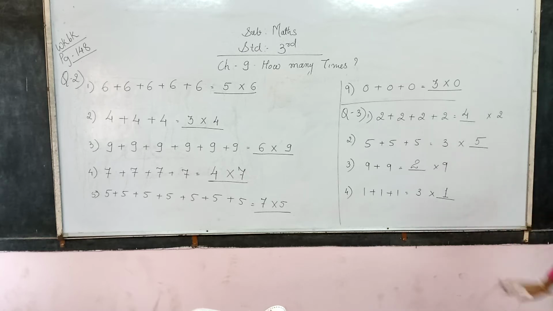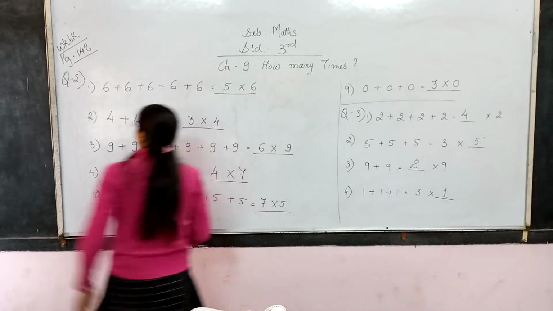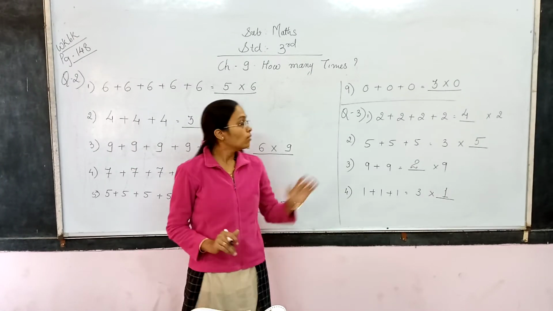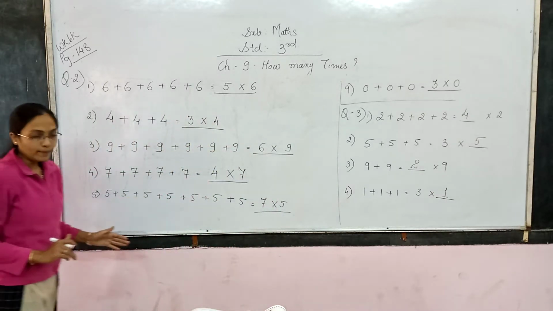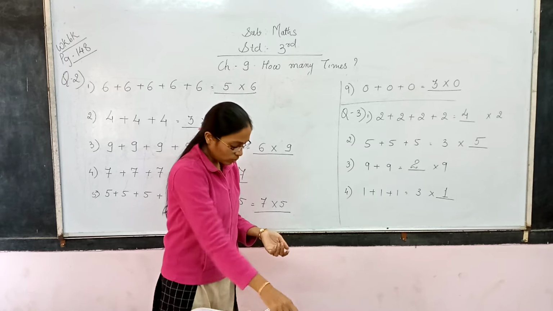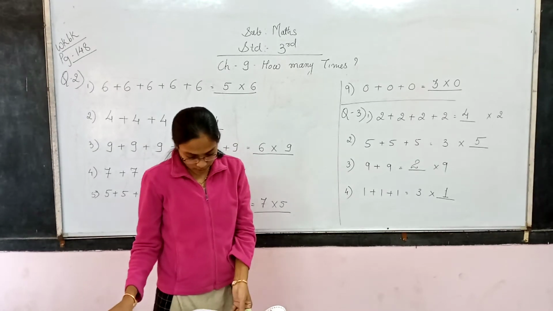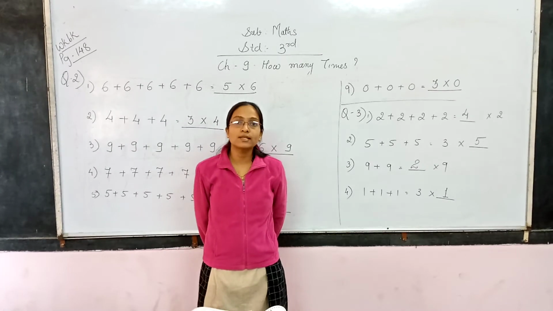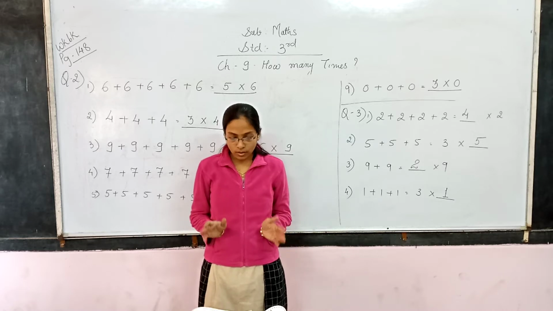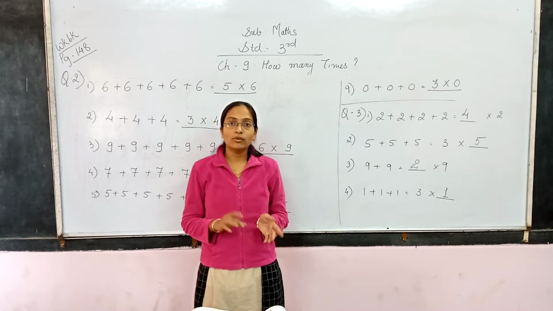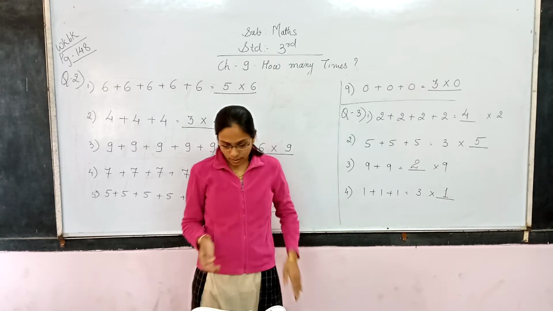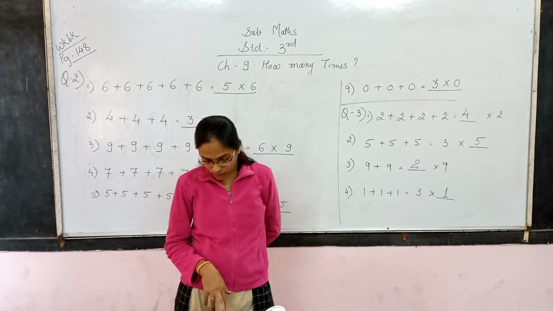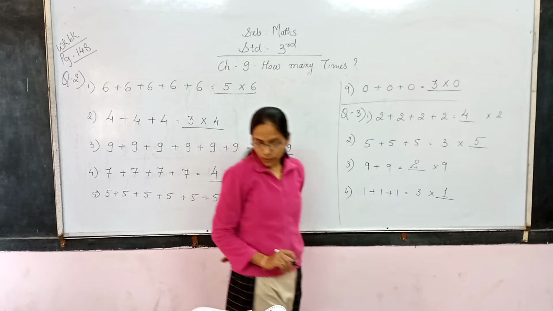3 multiplied by 1. The rest of the sums given in question number 2 and 3, you have to solve by yourself. It's very easy. Already I have explained to you. Okay. I hope this is clear to you. Now we will go to the next question number 4. That is match the following. This is also same. You have to just see, you have to count how many times it is repeated, and you have to multiply with that number. Same thing as question number 2 and 3. So the fourth one also you have to write. And I will explain you question number 5.